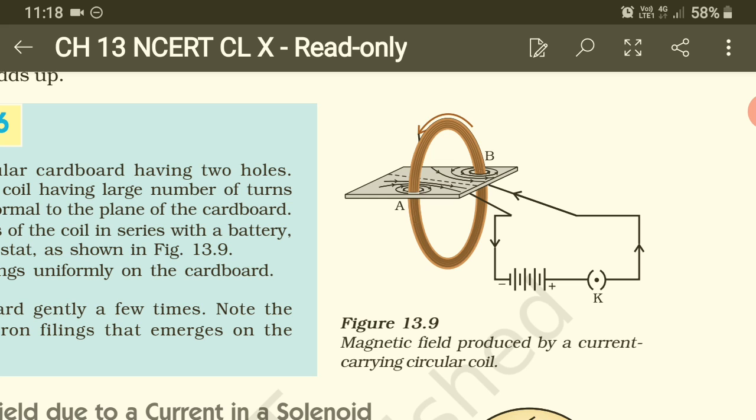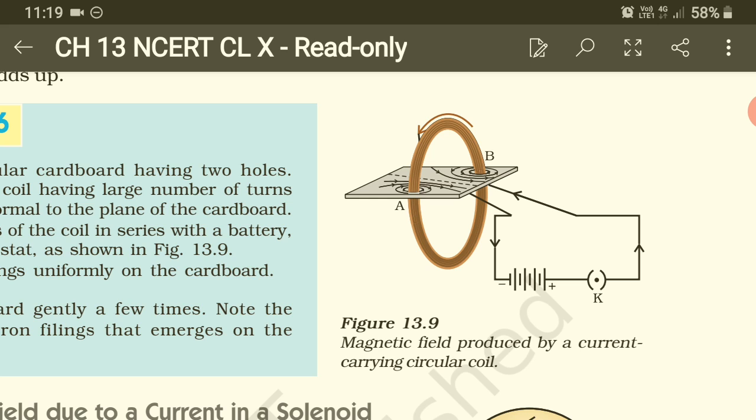What about in arm A? The direction of current is downward, so we have to put our thumb downward. As per the right hand thumb rule, the direction of current is downward, the thumb is downward, then what is the direction of the field line? Yes, it is clockwise direction. So it is interesting to note here that around the coil, we can see the magnetic field is also in two opposite directions, just the same as that of the bar magnet.